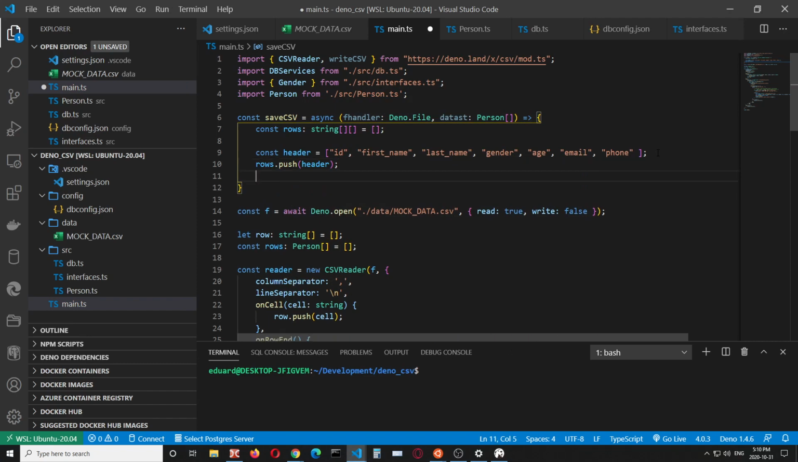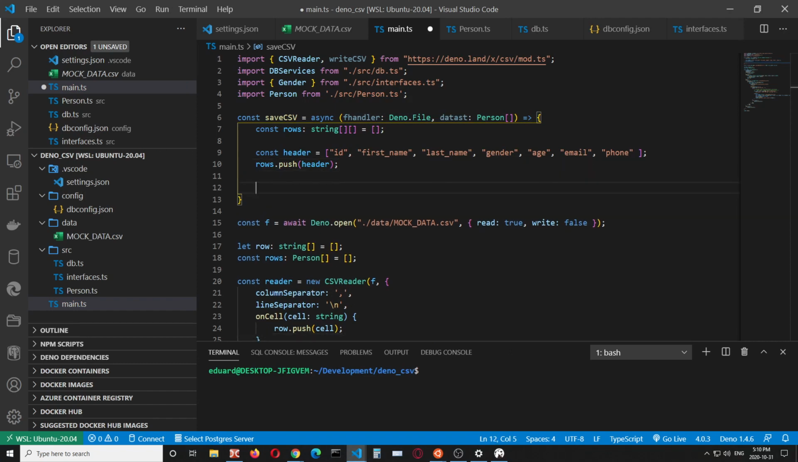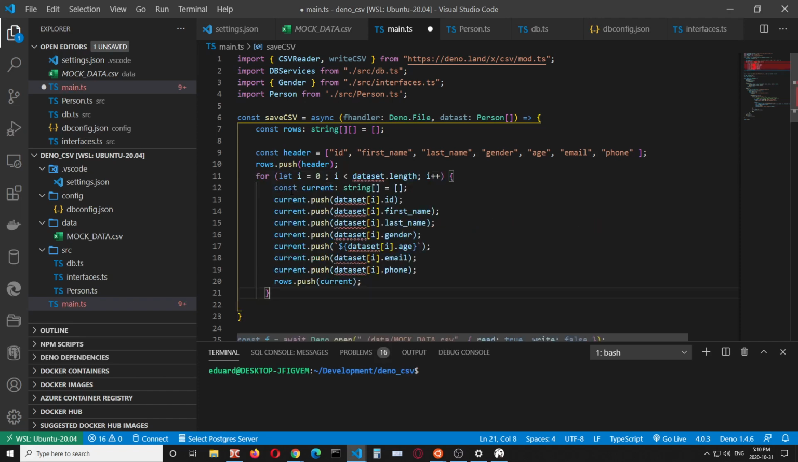Okay, and after that I'm going to just read the current row and transform it to a string. So I'm defining a string array, okay, and data set. All right, yeah, okay. So I'm defining